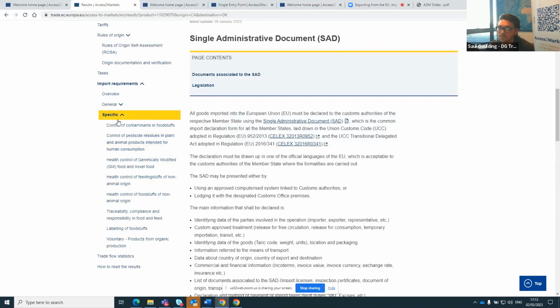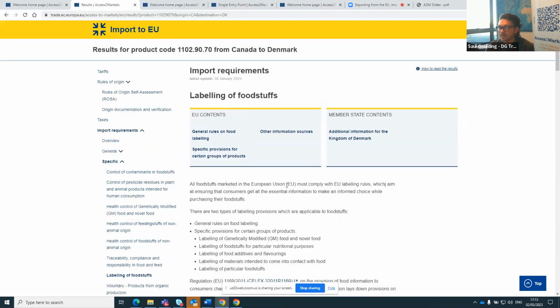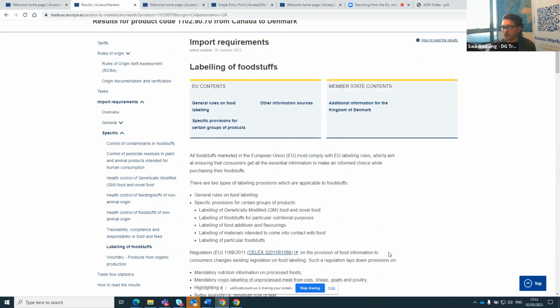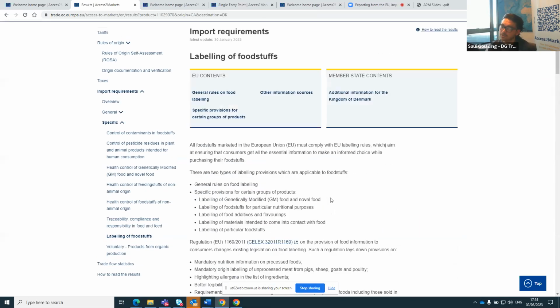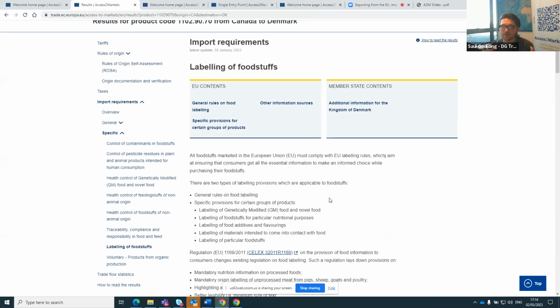And even when it comes to the specific, this actually goes to HS level. So if I choose a different product, the specific requirements for that product will also be listed here on the left. So here of course, I'm looking at a foodstuff. So I'm looking at the different requirements I would need in order to get my Canadian rye flour to Denmark, and how I would need to look at the labeling requirements specific to Denmark for that. Again, if I was to choose Canada to Spain or from Spain to Canada, there will be differences and a lot more detail will come in for that.